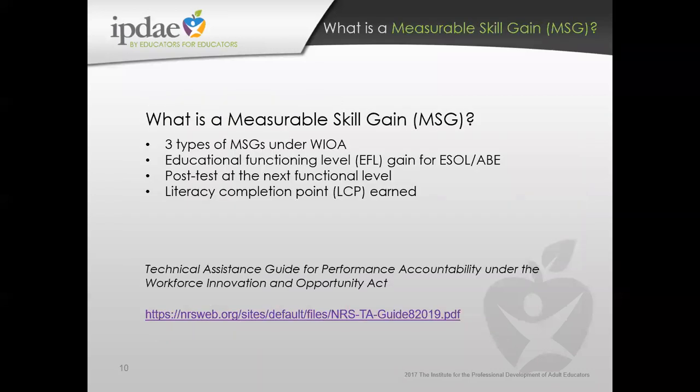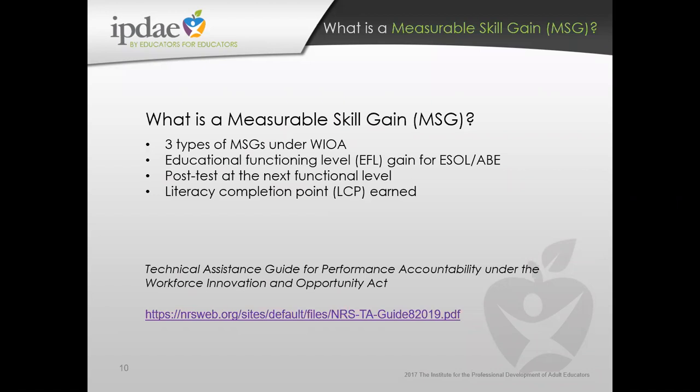All right, so now you've got WITIS year down. Let's look at how performance is measured. A measurable skill gain, or MSG, is used to demonstrate participants' progress toward achieving a credential or employment. For adult education program, participants can demonstrate MSG in 3 different ways: by educational functional level, which is EFL, by receipt of a secondary school diploma, or for students who exited and were found enrolled in post-secondary by the end